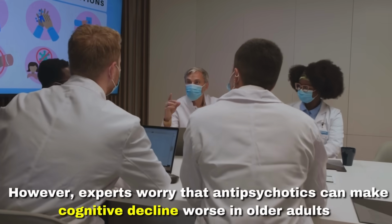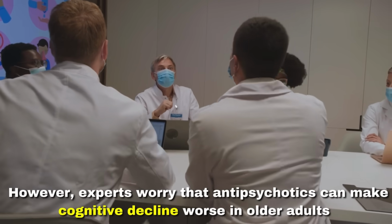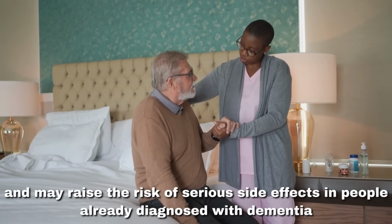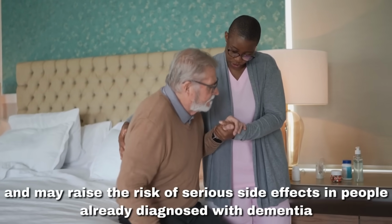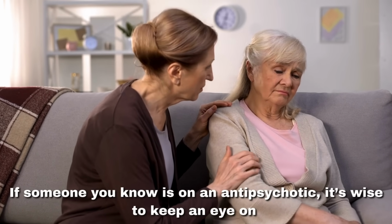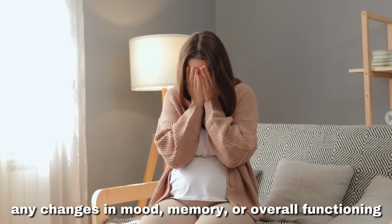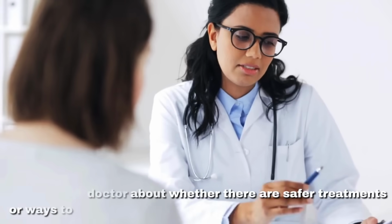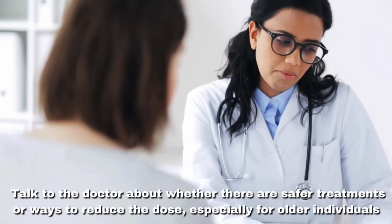However, experts worry that antipsychotics can make cognitive decline worse in older adults and may raise the risk of serious side effects in people already diagnosed with dementia. If someone you know is on an antipsychotic, it's wise to keep an eye on any changes in mood, memory, or overall functioning. Talk to the doctor about whether there are safer treatments or ways to reduce the dose, especially